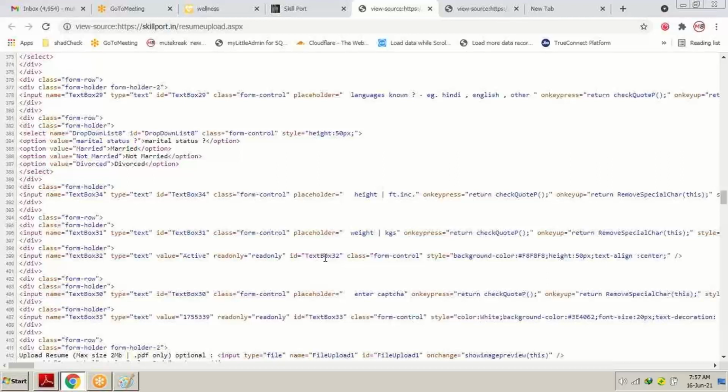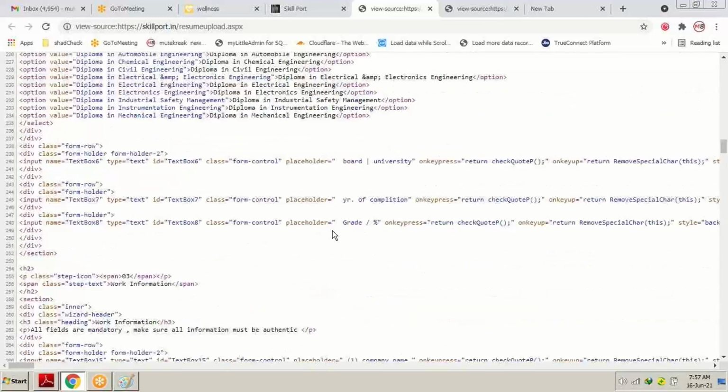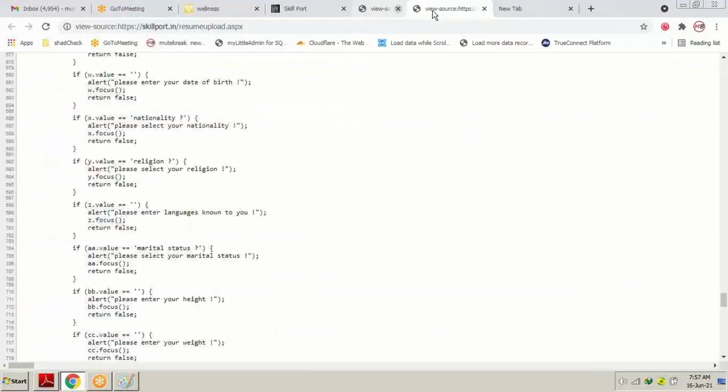Everybody can see. Hope I'm clear with the client-side code. JavaScript and HTML are called client-side code because anybody can see the client-side code of any website.